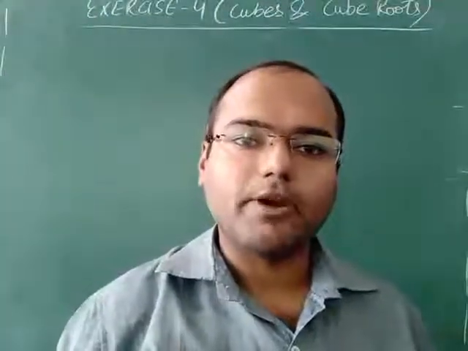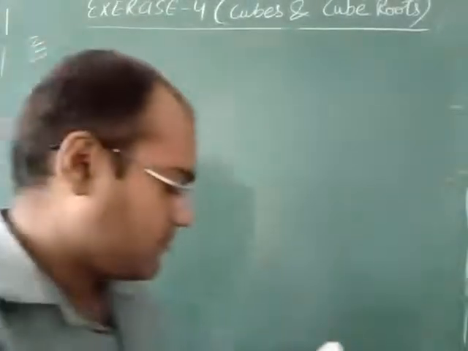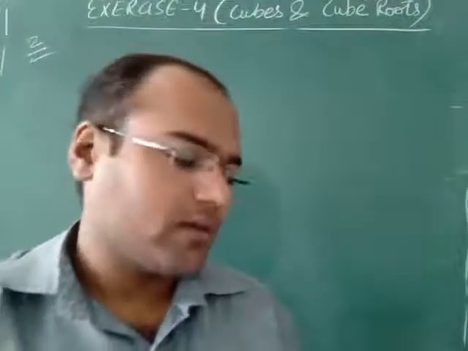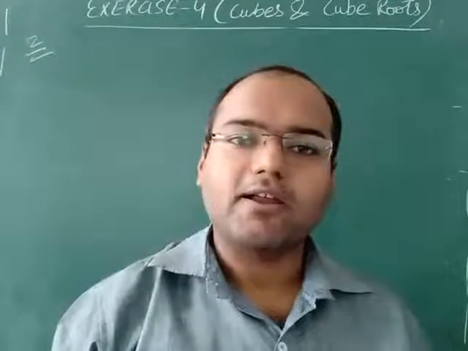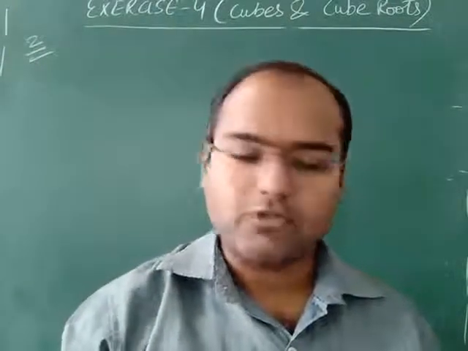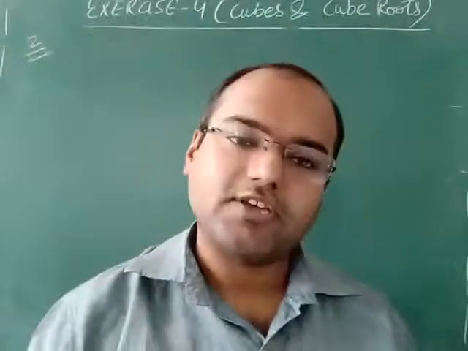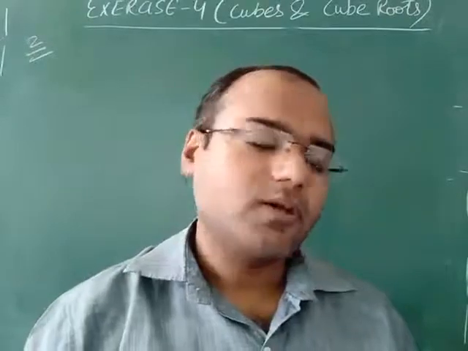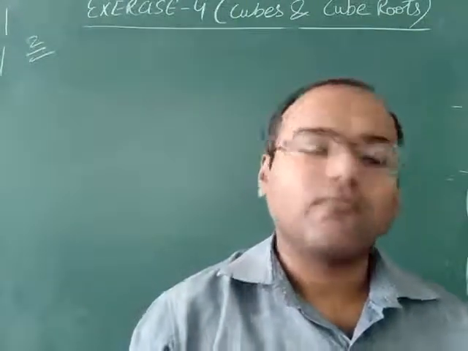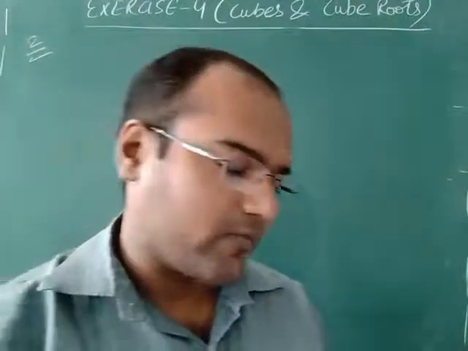Now come to question number 2. Second question is: identify the perfect cubes among the following. 9 parts are there. Out of these 9 parts, which are perfect cube, that we have to check, and find the number whose cube is given in the number in each case of the perfect cube. We have to check how many are perfect cube, and after that we have to tell with which number this number will get a perfect cube. That one also, number also we have to tell.